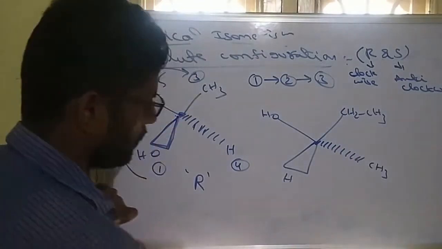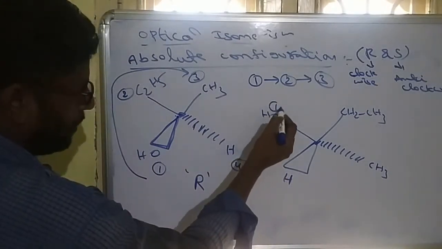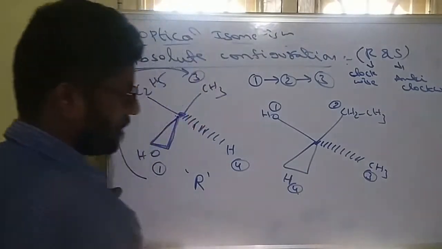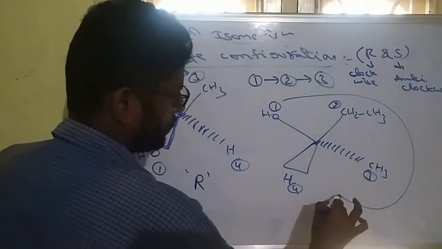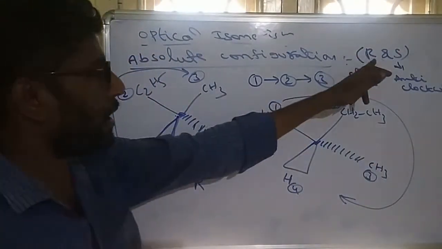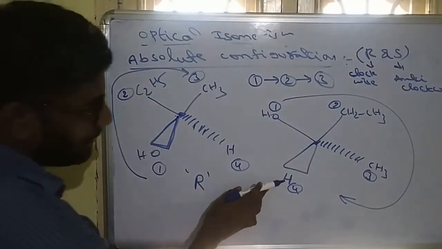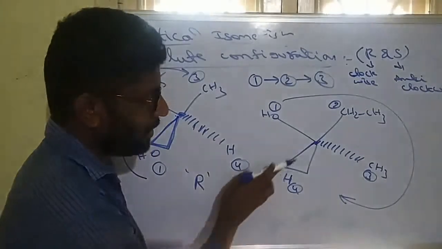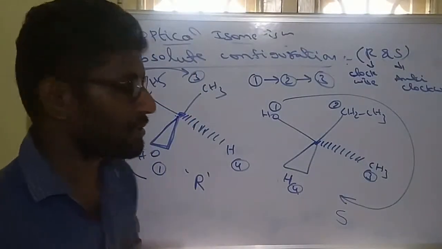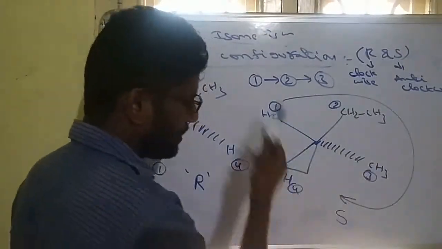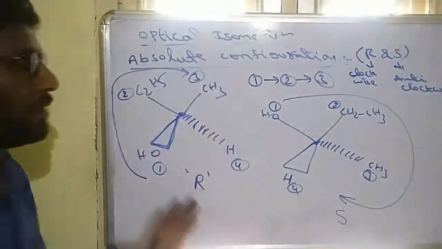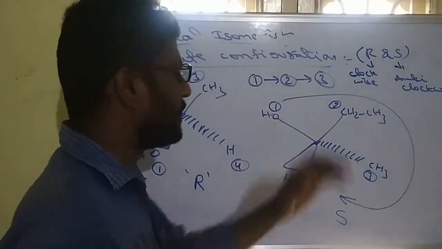So this is a molecule. First take atomic number: oxygen is highest, second will be ethyl, third will be methyl, fourth will be hydrogen. Observation 1 to 2, 2 to 3, so this is clockwise. Whenever it is clockwise, the answer will be R. But remember, the least priority is hydrogen, and it is not with the dash bond. That means this answer will be opposite, that means S. Clockwise means actually R, but since the least priority is not with the dash bond, the answer will be S. So this is in the wedge dash formula. Least priority must be with the dash bond.